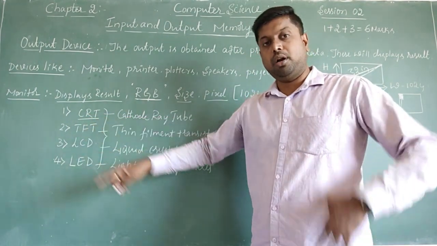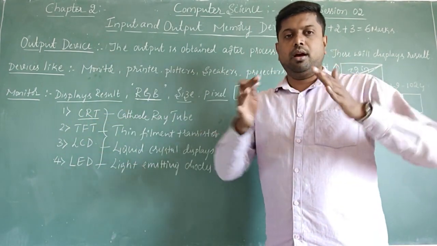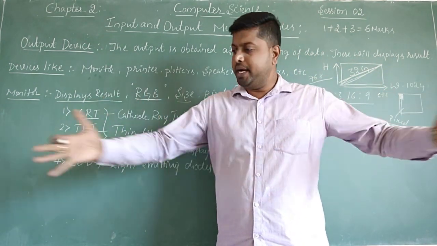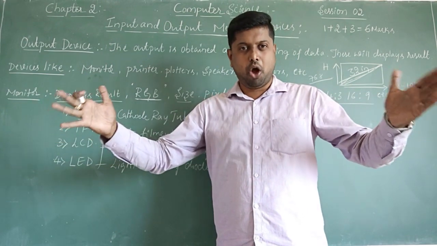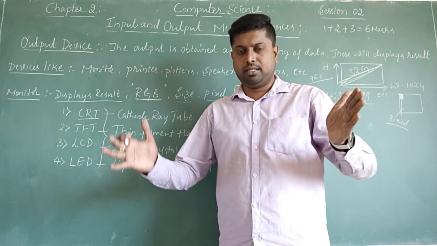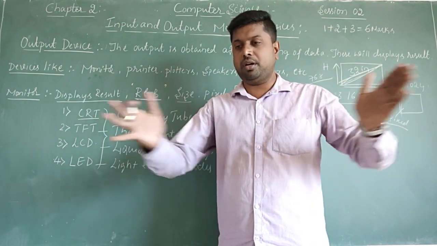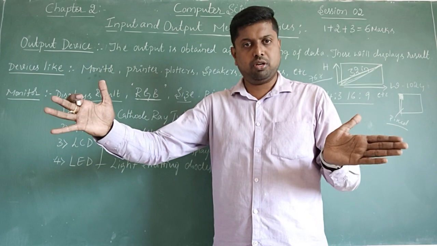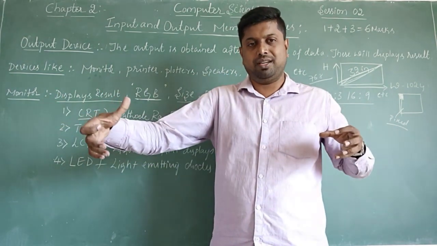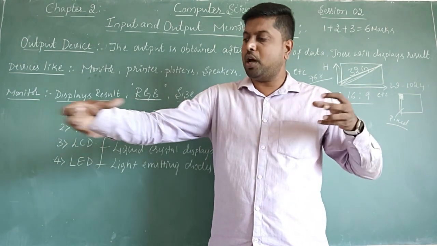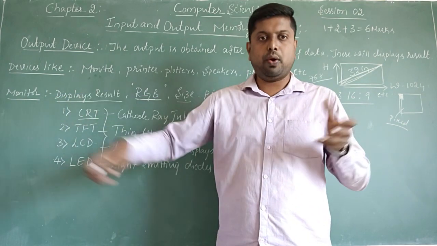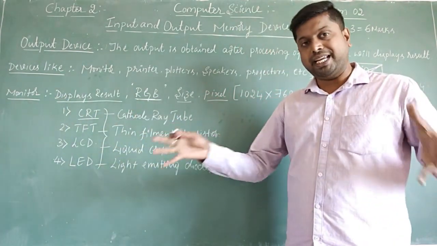These kinds of monitors are older monitors, especially where tubes are used. White color monitors with wide TVs or monitors. If you get a chance to see older TVs, the width of that TV is very huge, because in that type of TV or monitor, cathode ray tubes are used. Tubes are used for producing the colors from the backside. That's why those types of monitors are big in size.